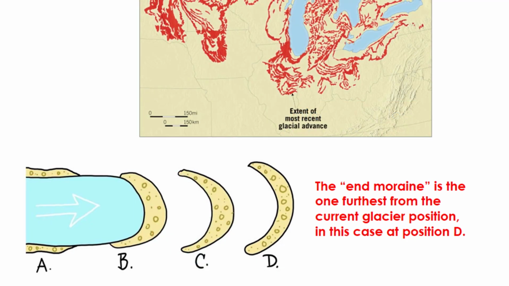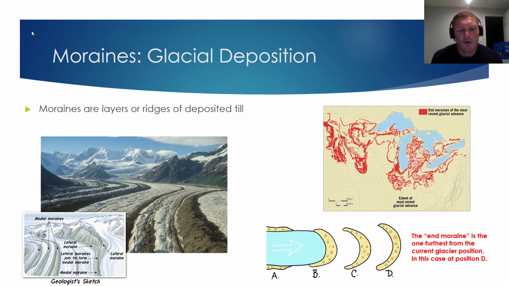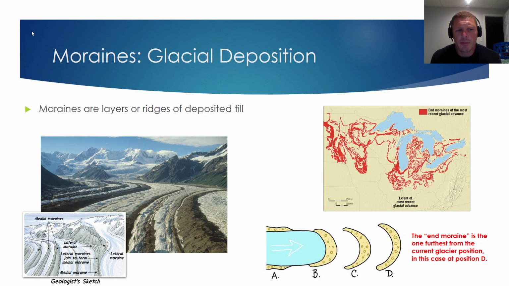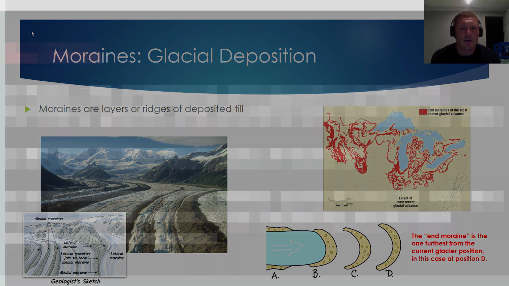Now there are many varieties of moraines. There are medial moraines, lateral moraines, end moraines, which has been the focus of our conversation on this slide. But generally speaking, just know that moraines are layers or ridges of deposited till, and an end moraine indicates the furthest terminus advancement for a glacier. Okay, that's the conclusion of this video